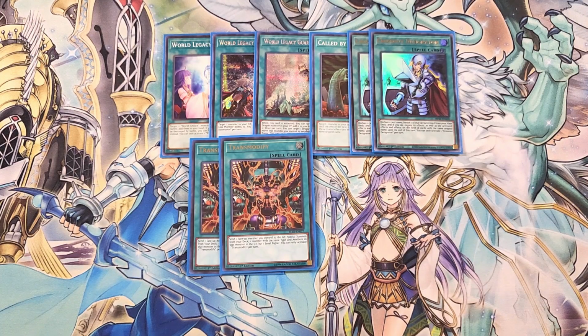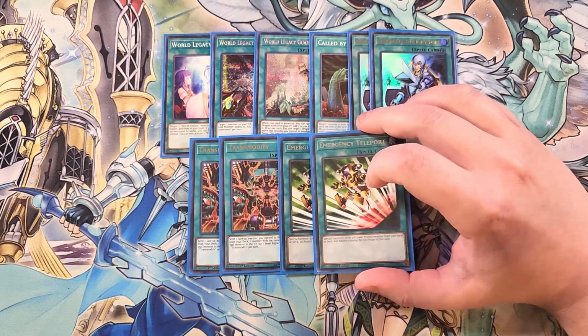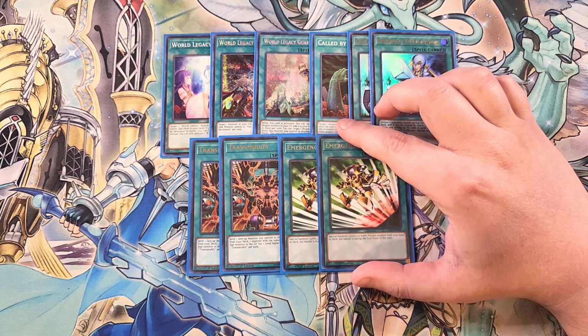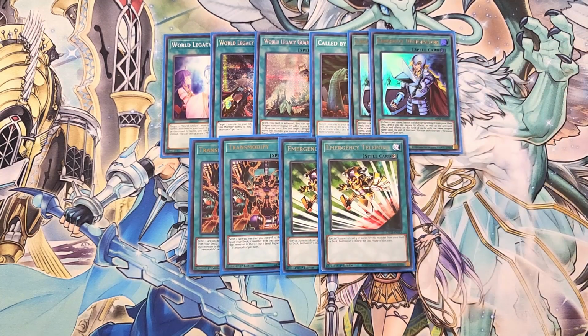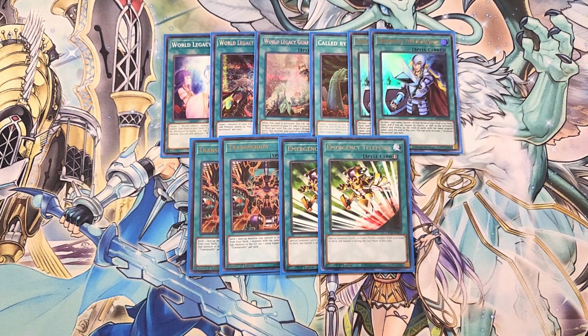We then play 2 copies of Emergency Teleport. This card is to be able to bring out your copy of Chosen by the World Chalice, and this card is great to be able to use just as an additional Cyber Dragon-ish monster to be able to bring it out to your side of the field just instantly, which is really nice because this card just turbos out monsters to your side of the field, and you want to be able to bring out monsters as quickly as possible,